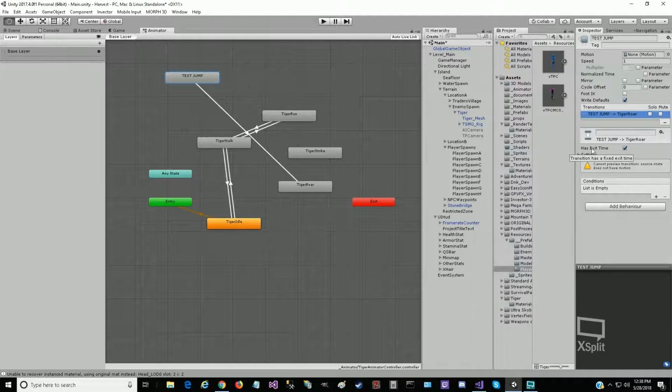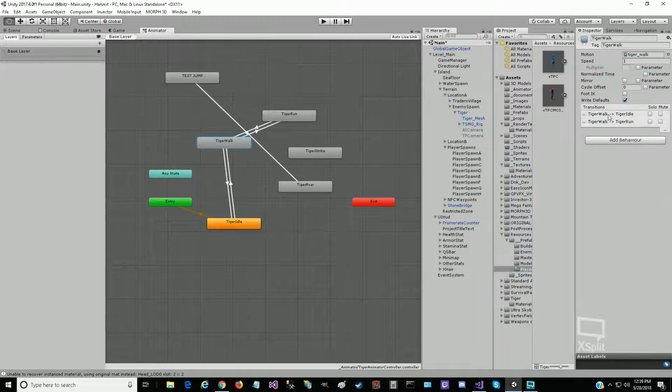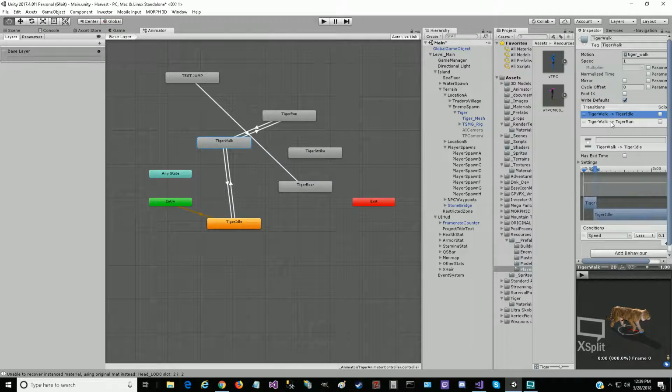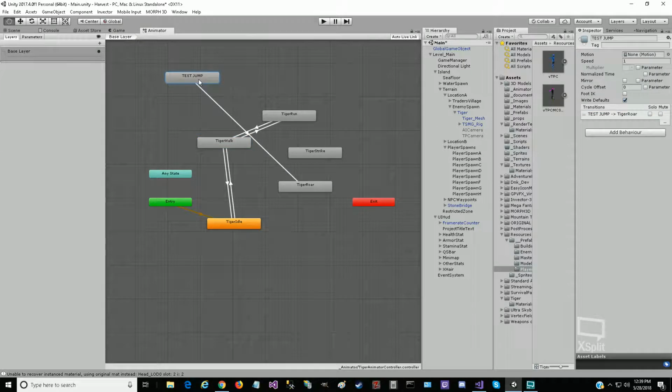You've got this option here, it has exit time. You hover over, it says transition has a fixed exit time, which means you want to play that entire clip, or the transition time is fixed, the blend between one transition and another. It's not like it can jump out in the middle of that transition and just switch to the other one instantly. Normally you leave that checked on to get the best transition through it. I unchecked it on a few, and I may have unchecked it on those. And so you're going to have to play with it to see what works better for you. But anyways,